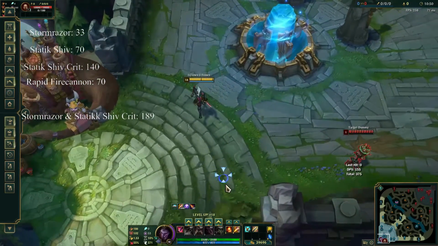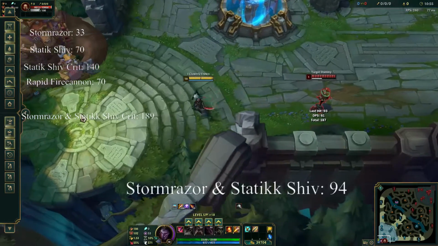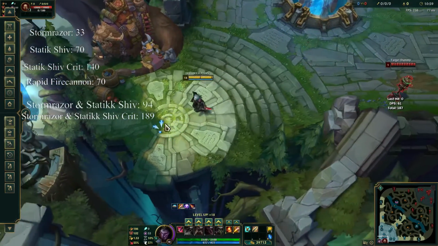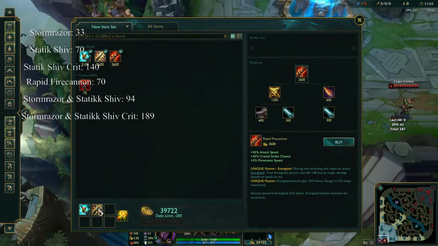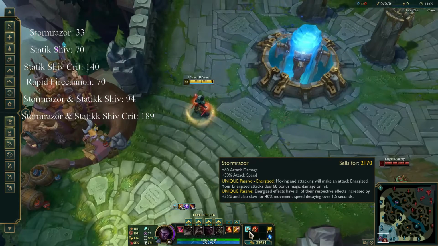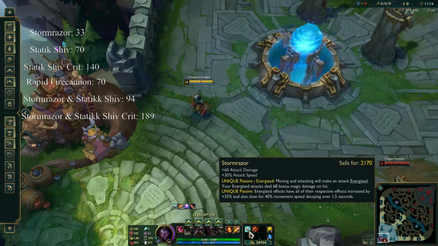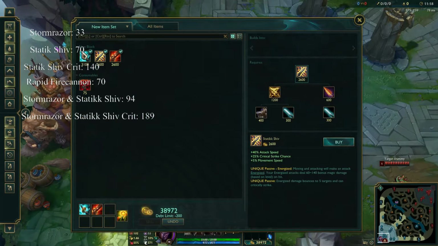Now we're going to test out and hope that it doesn't crit. And we got 94 for that base damage. So for the Stormrazor and the Shiv, we have a 94 base damage and 189 crit. Next up, we're going to go ahead and go Stormrazor and Rapid Fire Cannon. Again, hoping that it increases the damage by 35%,